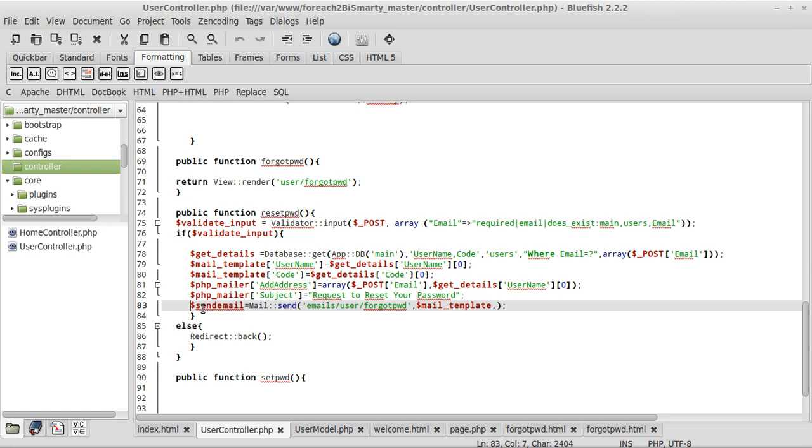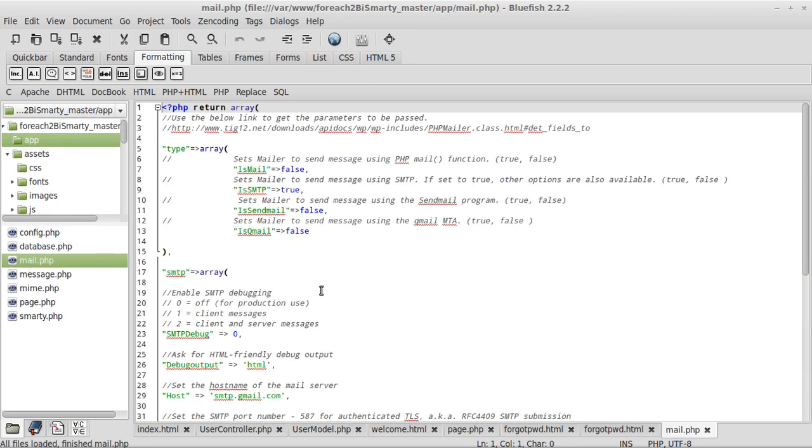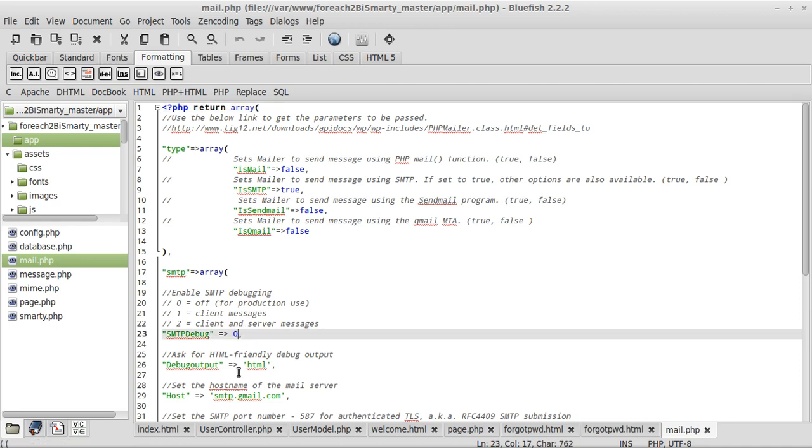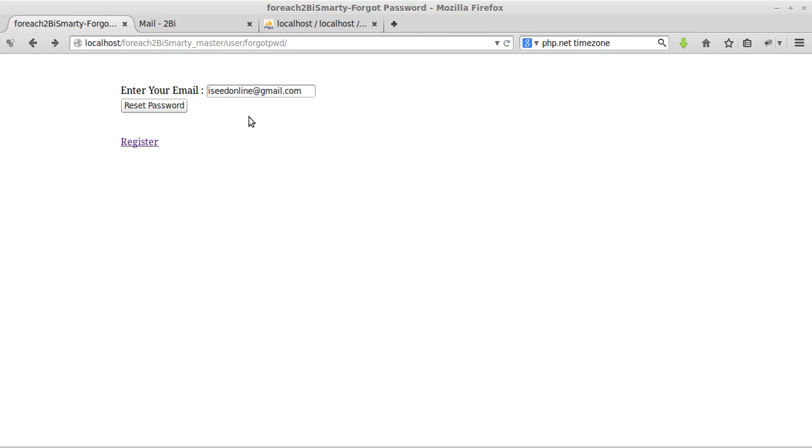So to avoid going back to my emails and checking again, what I'm doing is I will just go here, go to the app and to the mail function here, and I will set it to 2, right, so that I will have the messages directly to me, right? So on the production time it should be only set to 0, right? So just we'll go back and then we'll just click reset password,